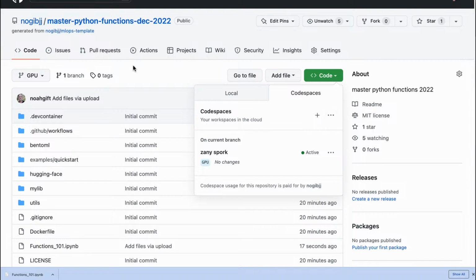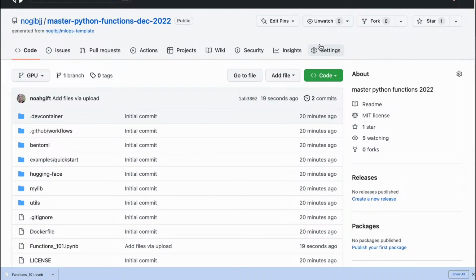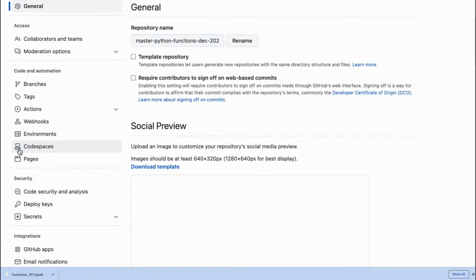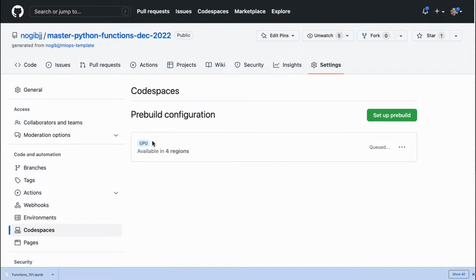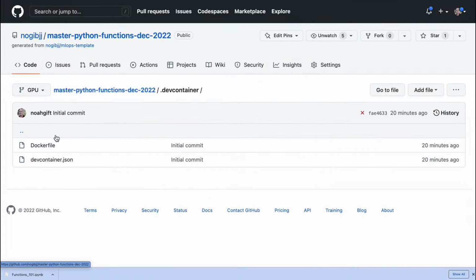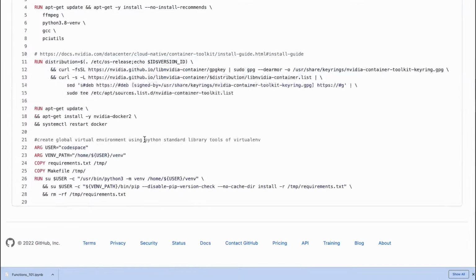One thing I'll mention about this particular environment is that I am using as well this concept of pre-builds, and the idea with this is that if I configure my environment, it will have all these installs and really complicated things happening, and then it's all happening behind the scenes. If you want to use Codespace pre-builds, that's a good approach to use, but the essence of it is that inside of this dev container file, I have some installation steps. In this case, this is actually allowing me to